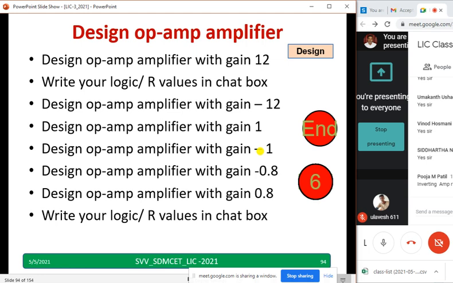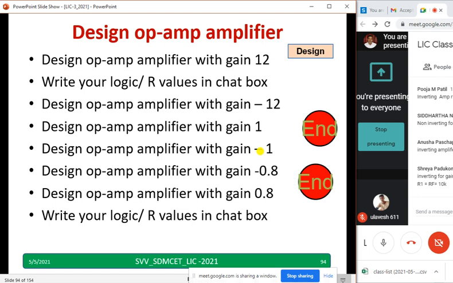Okay, Pooja has typed. Inverting amplifier, R1 RF equal to 12. Okay, you can write 12K or something. Non-inverting for -1. I don't know how Siddharth is going to use non-inverting for -1. And Anusha is telling inverting amplifier. See, you are supposed to type the gain value. For which gain? Yeah, Shreya has typed. Very good, Shreya. She is telling -1. RF and R1 she is taking 10K and she is using an inverting amplifier. Thank you, Shreya. Very good.